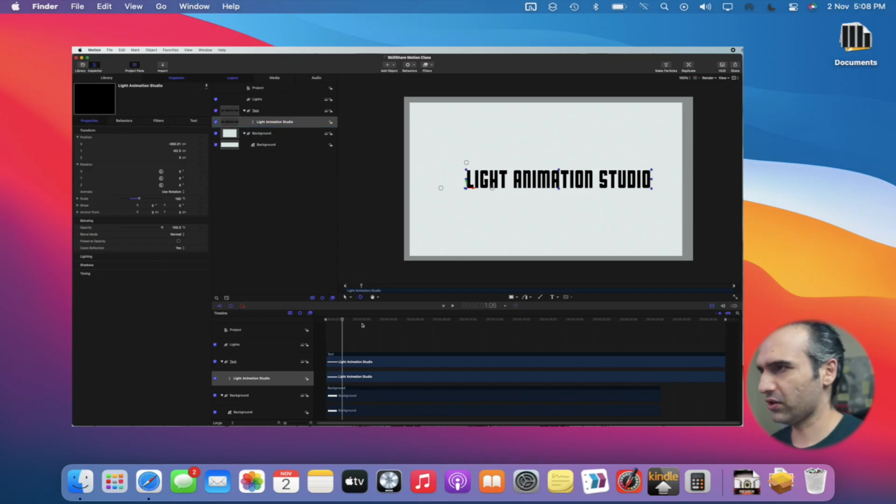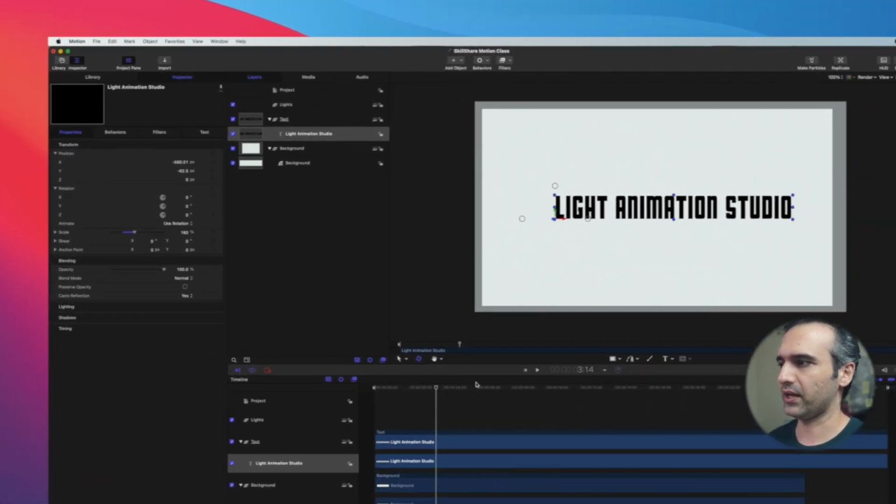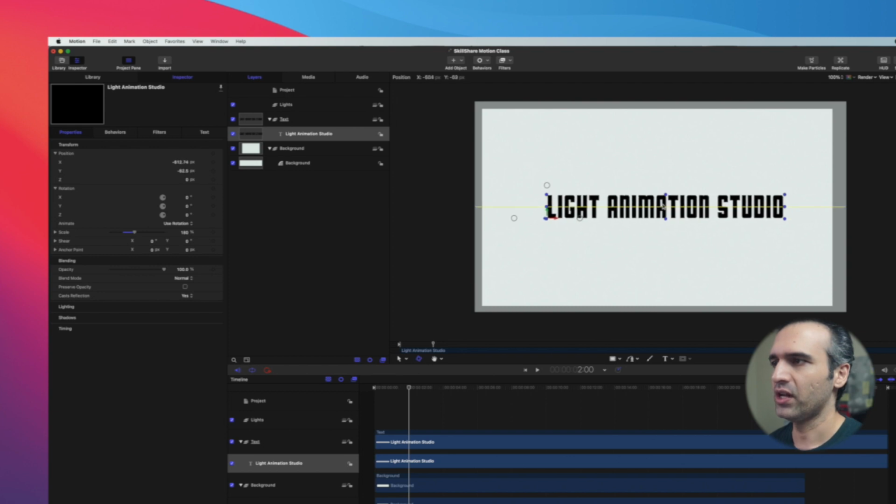In this class, we're gonna redefine how we can actually work with lights and use that in our animation and make our text look amazing. We left here and this was the basic palette, or this was the basic canvas that we were working on. We have our basic text. We can click on that and we created